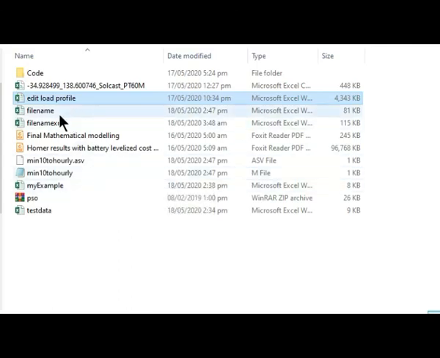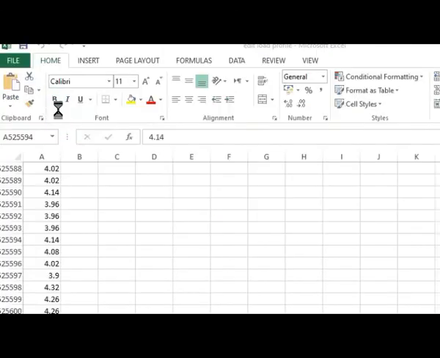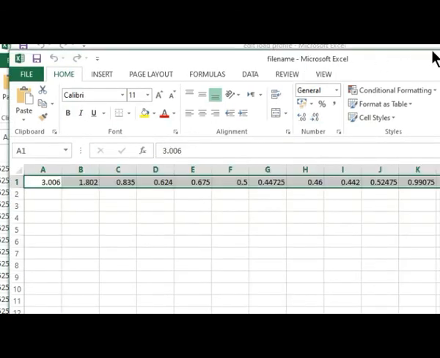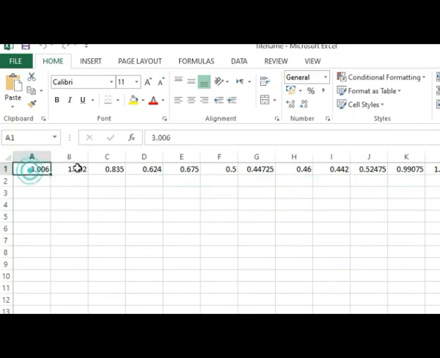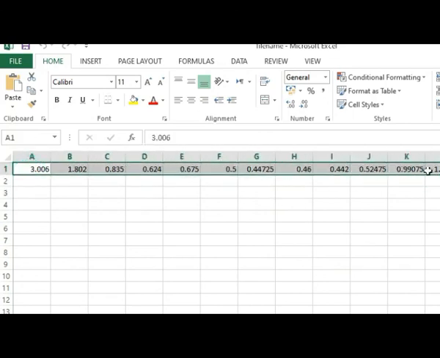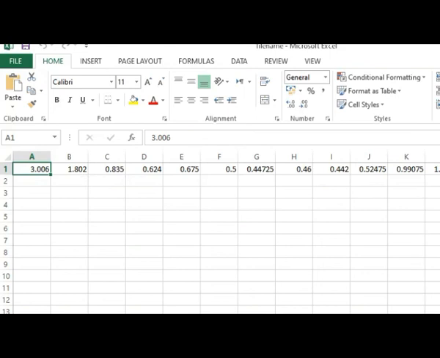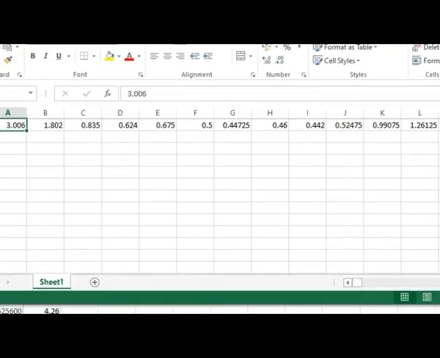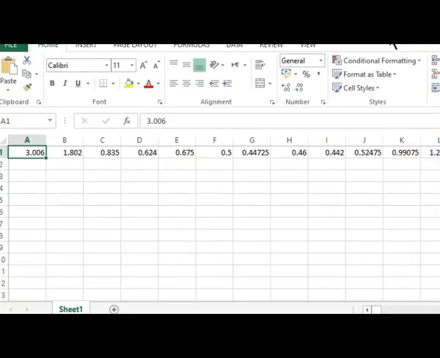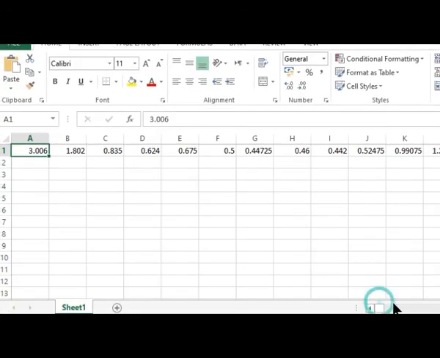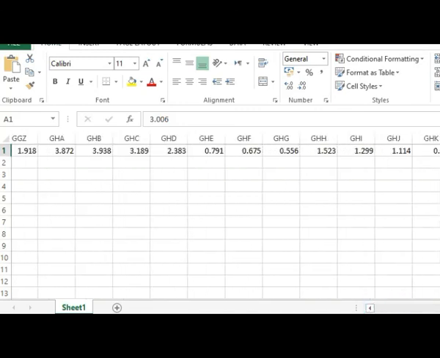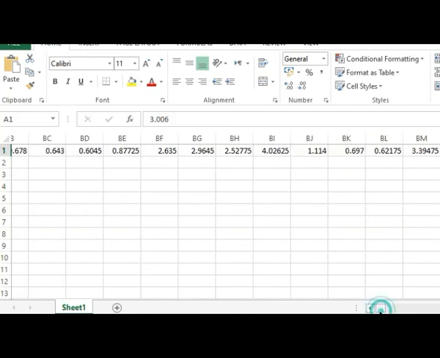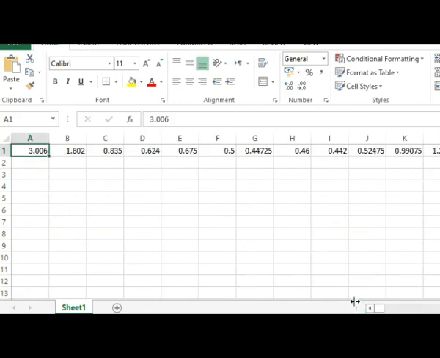So let me check it, the file name. So here is the Excel sheet. This data has been written here. You can see that. And it has 8,000 to 9,000 entries.